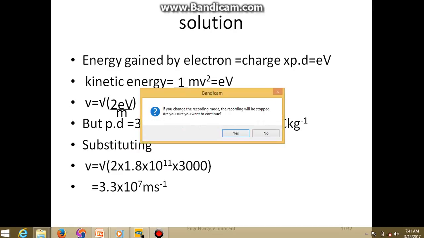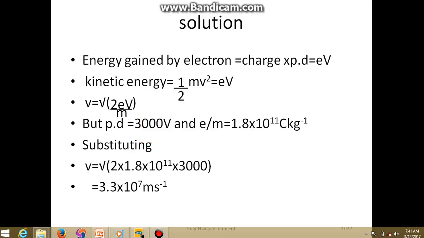Example 2. An electron of charge 1.6 times